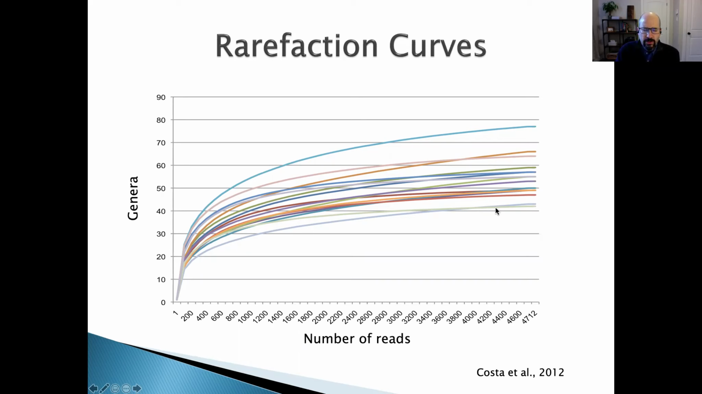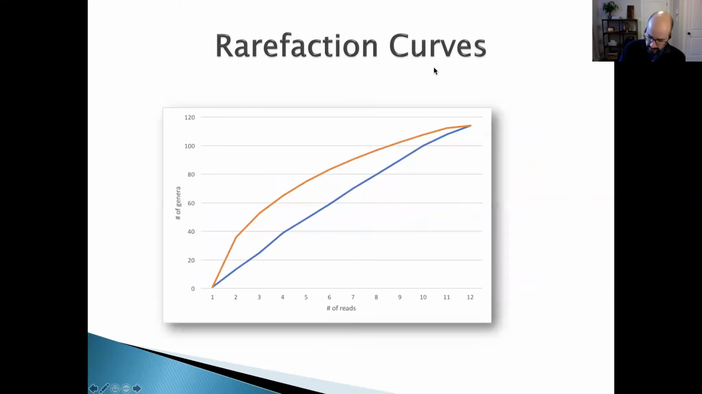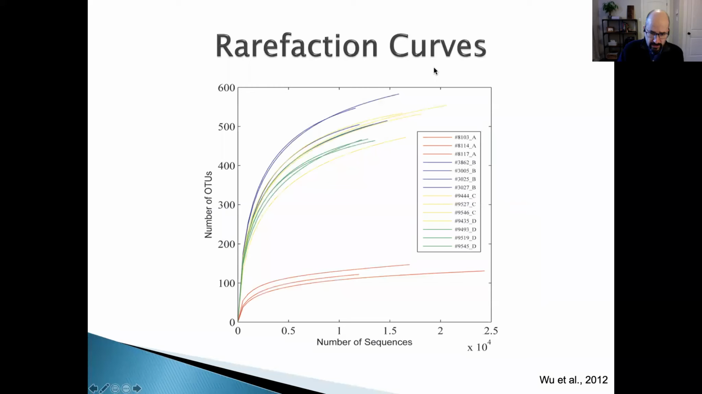All right. So the other thing that a rarefaction curve can tell us is what we call sampling effort. The sampling effort tells us if the analysis we did